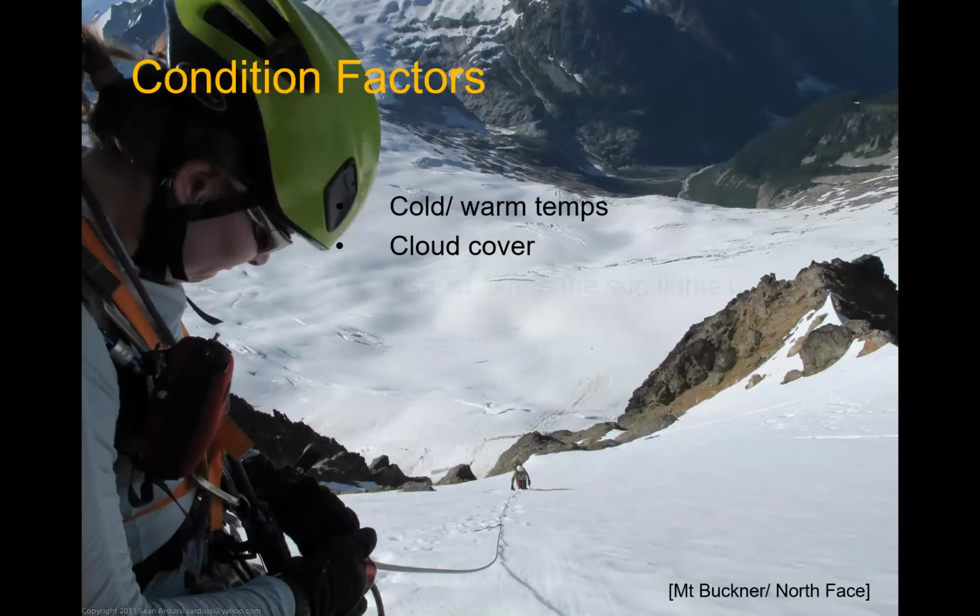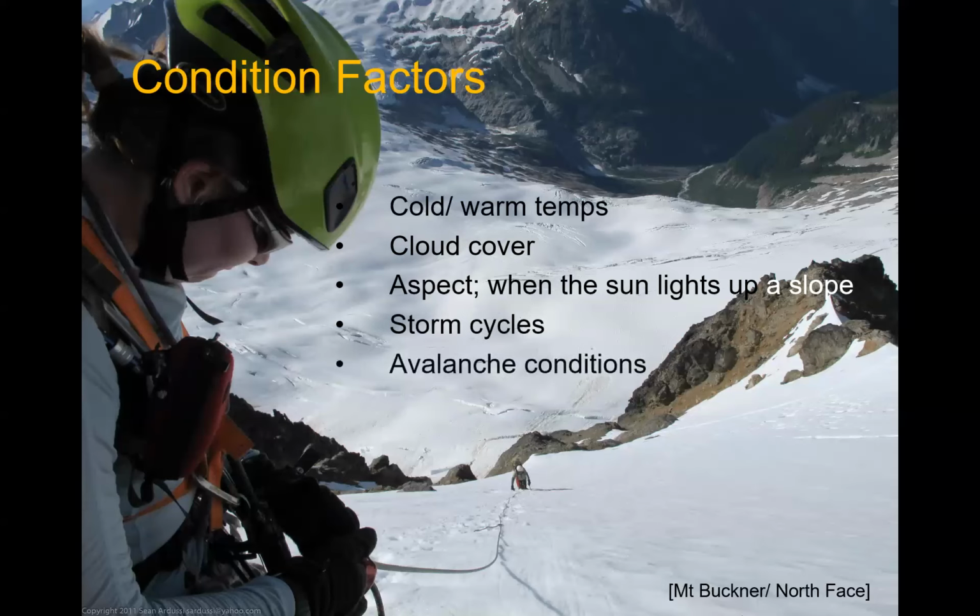So, we want to pay attention to those types of things. Aspect, we were just talking a little bit about, when does the sun hit this slope? Storm cycles, how much, if it's early season, how much snow has the route seen, or conversely, how much warming and meltout has actually happened. We talked a little bit about avalanche conditions, particularly if early season, and which comes down to the timing of